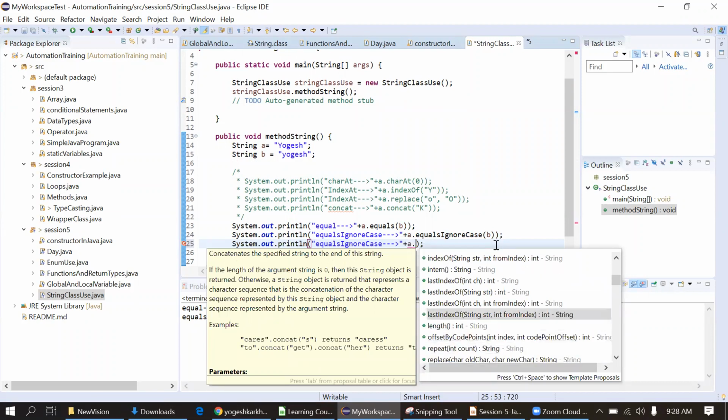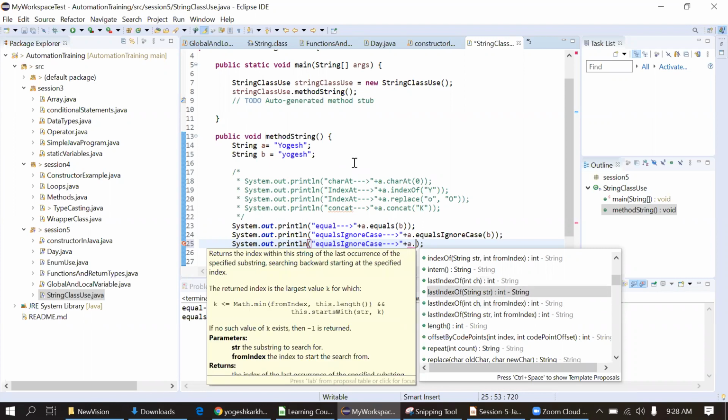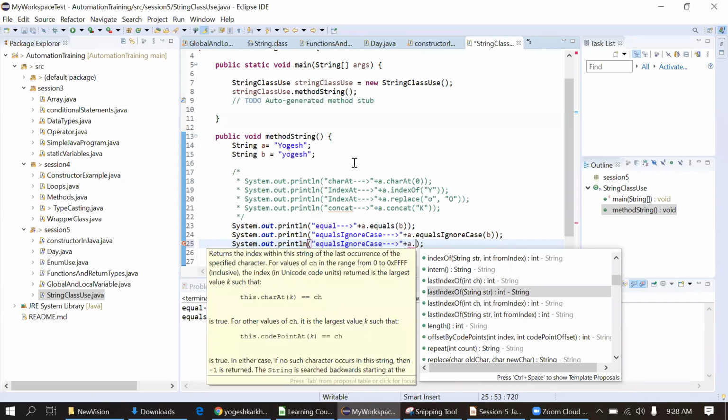Index, lastIndexOf. If you use lastIndexOf, you will get the last index of that particular character. Suppose I am using ABC as a string, and if you want to get the index of the C, it will just return 5, because the size of that ABC is 6 actually. So the occurrence of the C at the last will be at the last point, at number 5. So you can find the last index of that particular character.